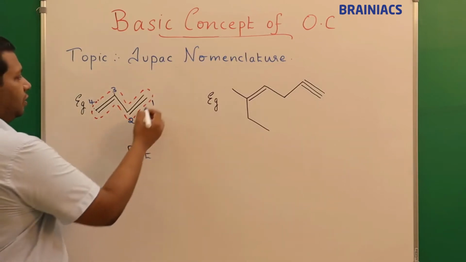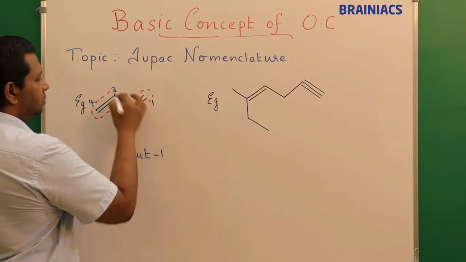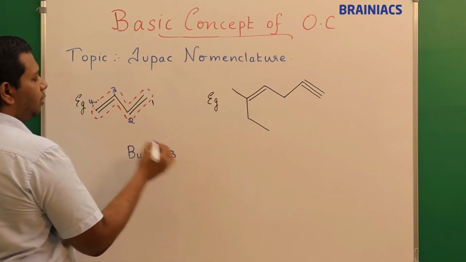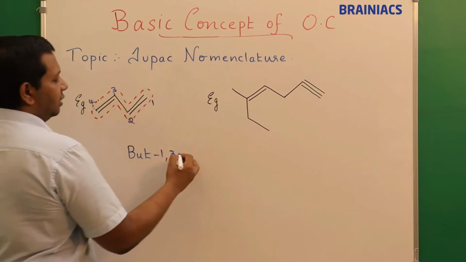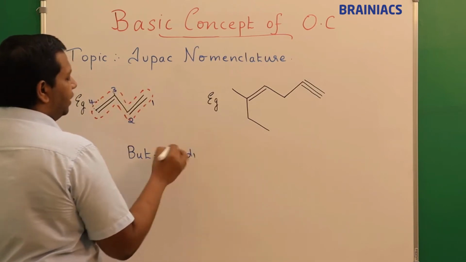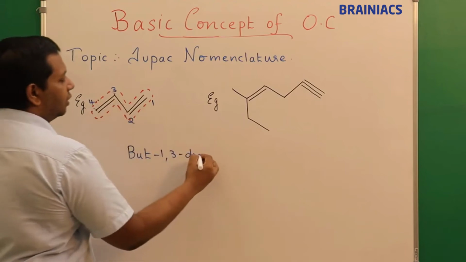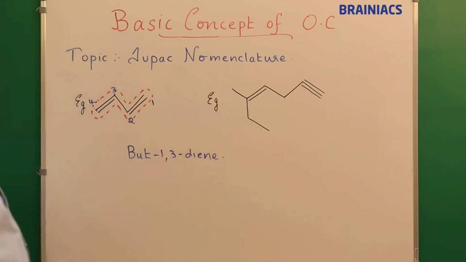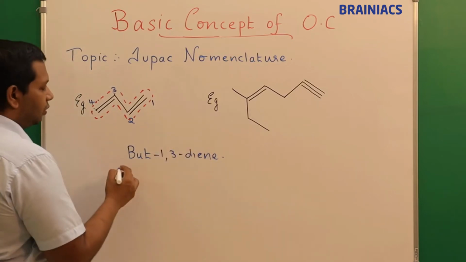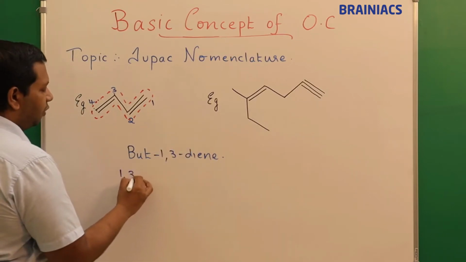Then at what position? But-1,3. Why am I putting a comma? Because both are double bonds. But-1,3, then hyphen di. Why is di coming? Because both are double bonds. Diene. Correct? So some people used to say but-1,3-diene, or there are other guys who say